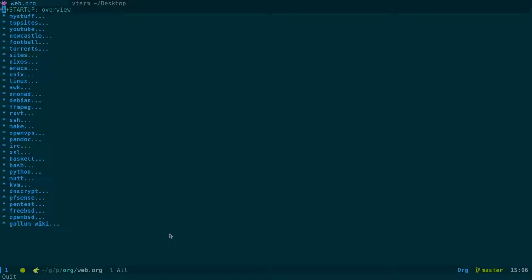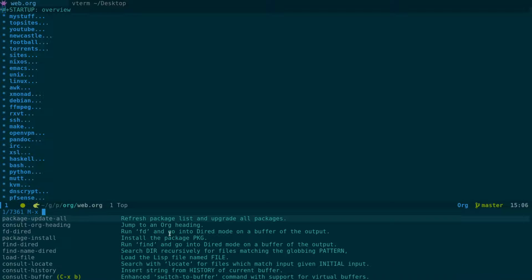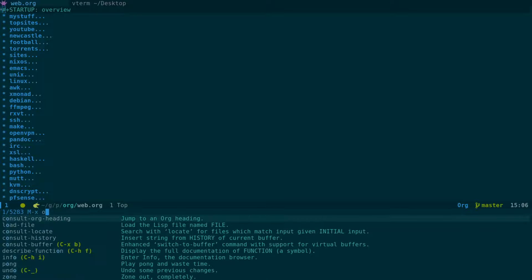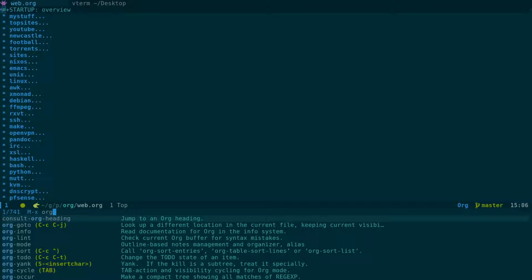So what we want to do instead is run org heading. So if I come across, and what I'm doing here is, you can see I want to search for consult org heading, but because I have this package called Orderless installed, what that will do is it will do fuzzy matching on any section of the string. So normally, if you want to run a command, you actually have to type out the full command, like consult-org heading,